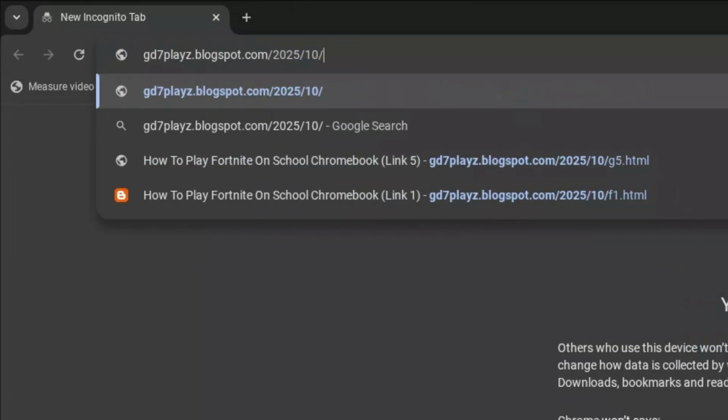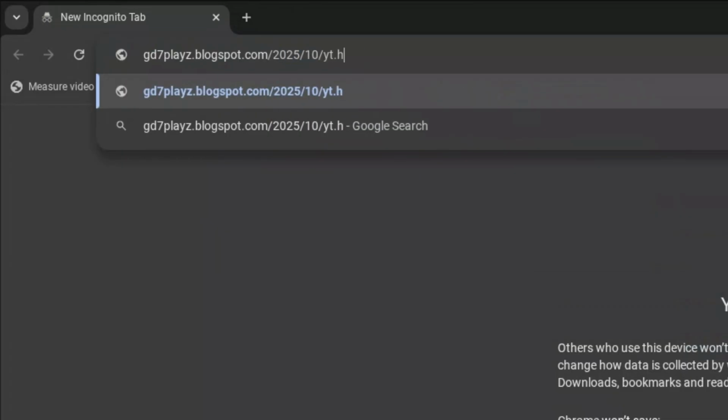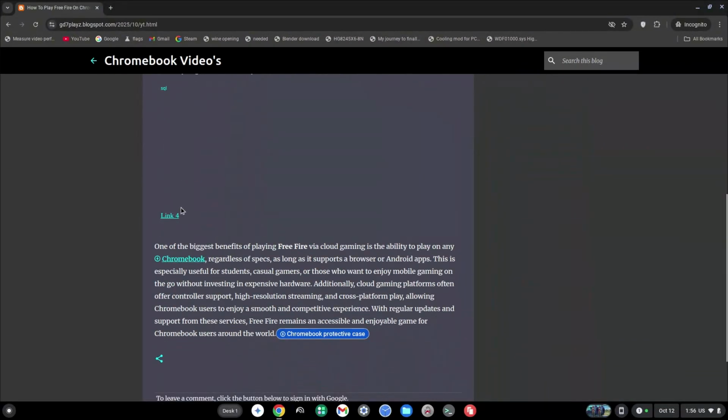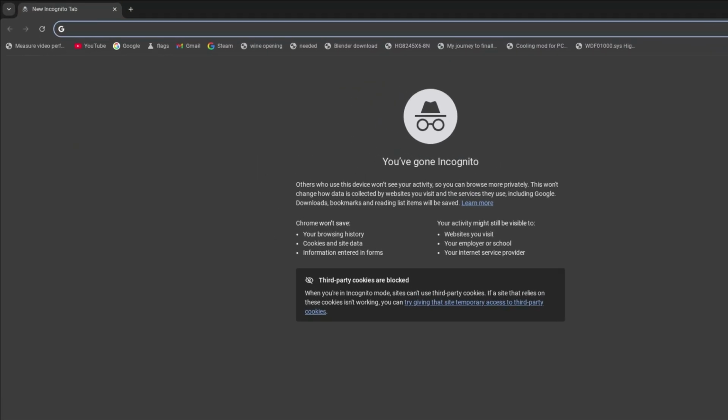gd7plays.blogspot.com/2025/10, another forward slash, and you want to type in yt.html and hit enter once again. Great. Now, once on this page, just go ahead and try the fourth link and let me know if this link works for you guys. Now, for the last link, you want to go ahead and type in